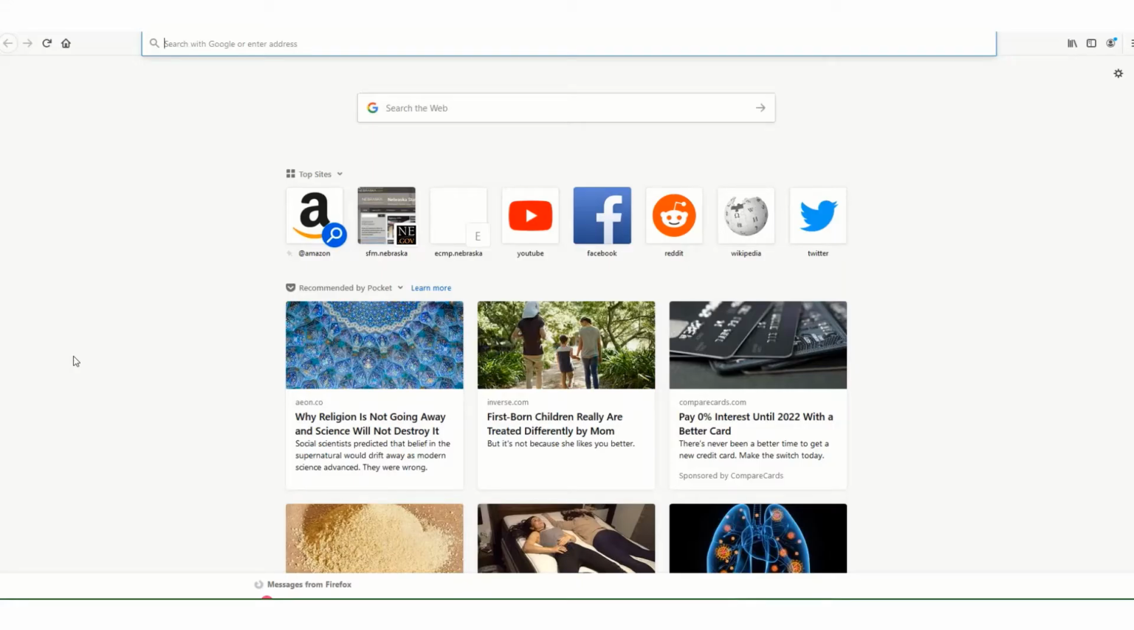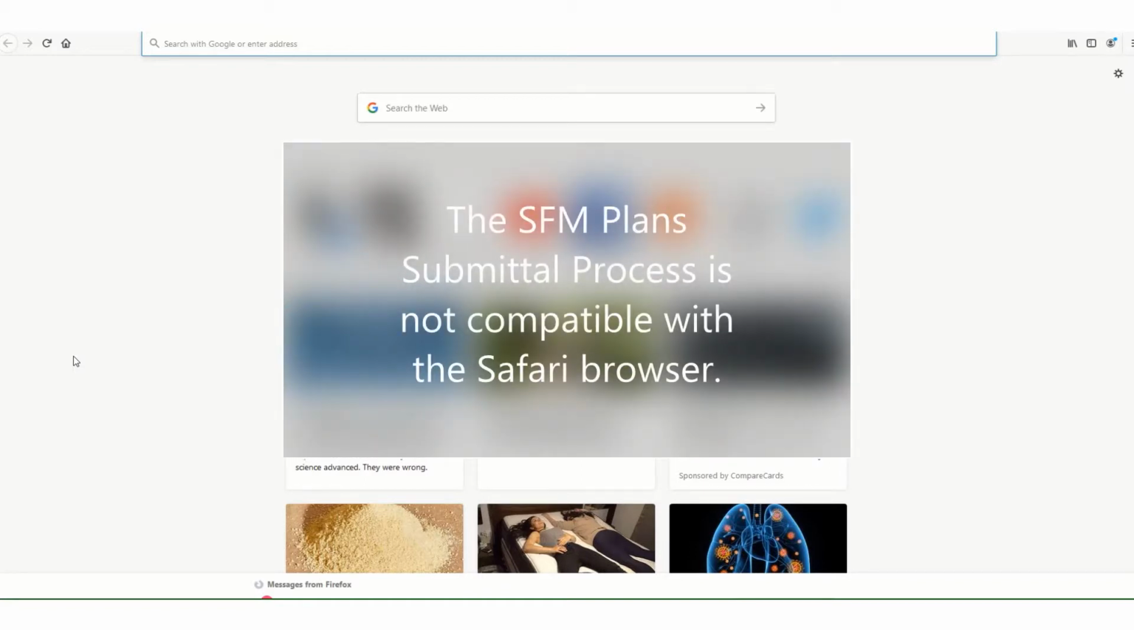I'm going to show you a couple of things that you can do to get some clarification for our plan submission process on our website. First thing you want to do is open a browser. Unfortunately, if you are submitting plans, Safari is not compatible with our submission process right now, so you will have to use Firefox, Microsoft Edge, Internet Explorer, something else in order to upload the documents, the PDFs that you'll need